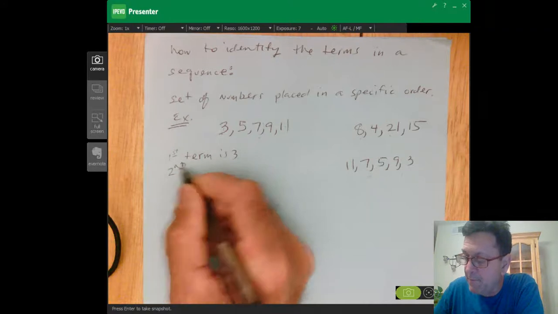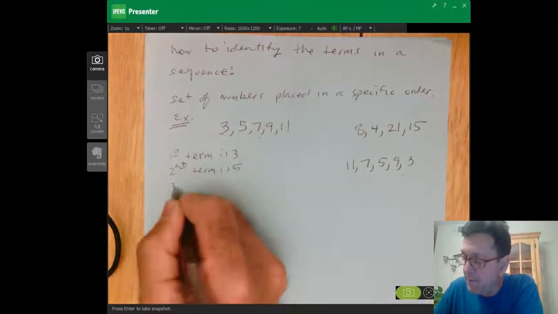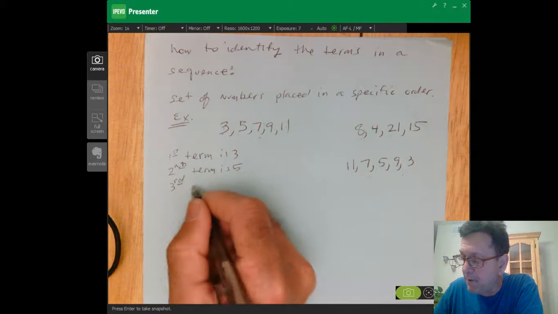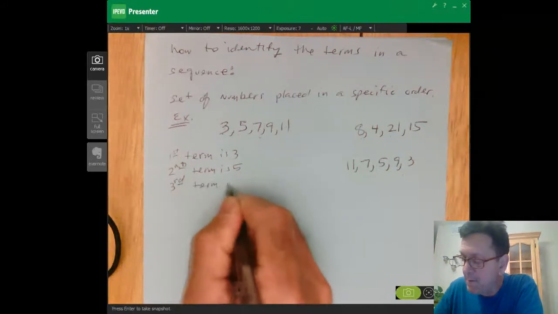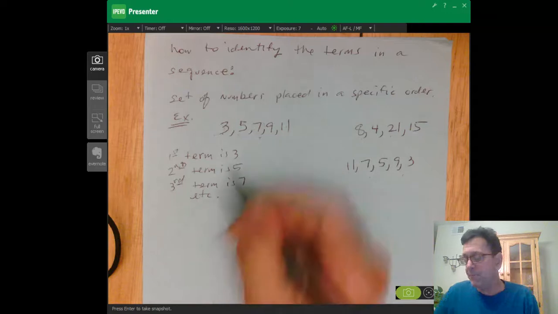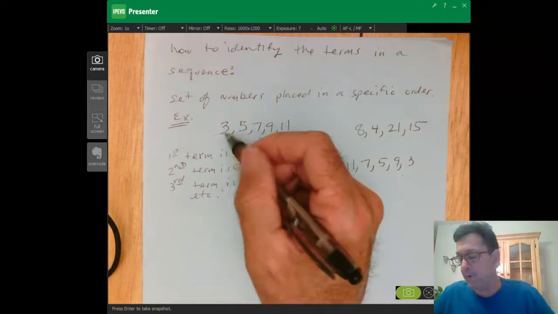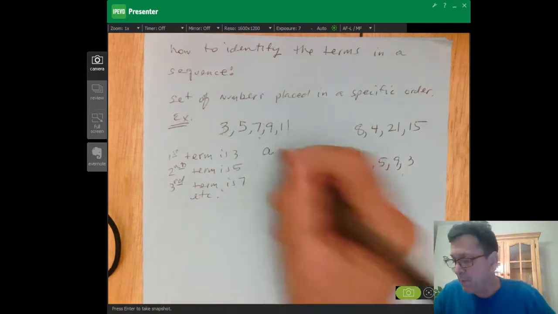Our second term is 5. And like I said, our third term is 7. Okay, etc. Now, instead of writing them like this, we normally use the letter A to represent the